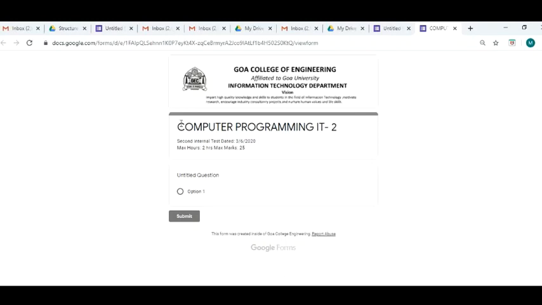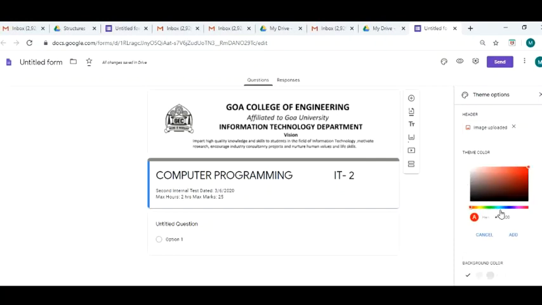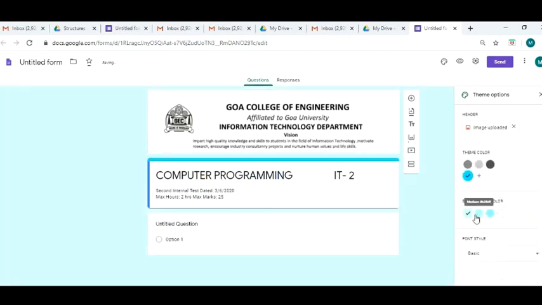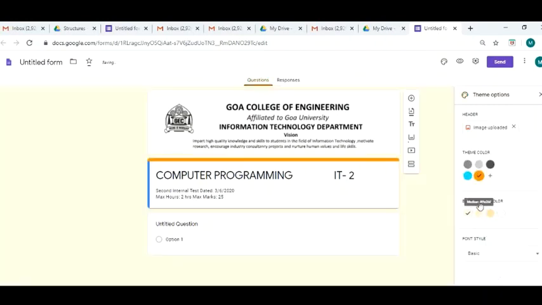However, this is a shade of grey which it has pulled up because the header had shades of grey. I don't like this look of it, so I close this and go back here, and this theme color that I see, I play around with this. I click on add and I choose something close to blue and I say add. So it's given me a variety of options, so I just play around with the colors here. You can also go and choose different colors and play around with the options. So I think I'll stick to blue, and yes, this is how it looks now.